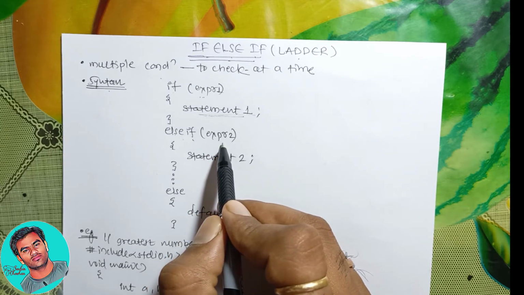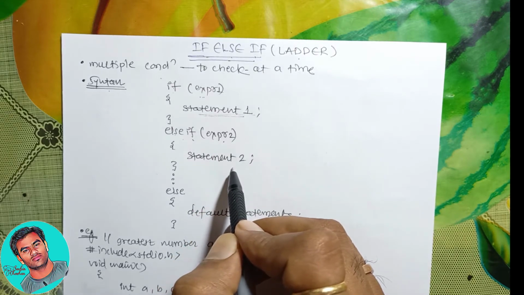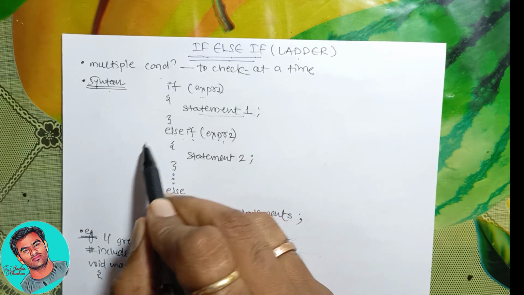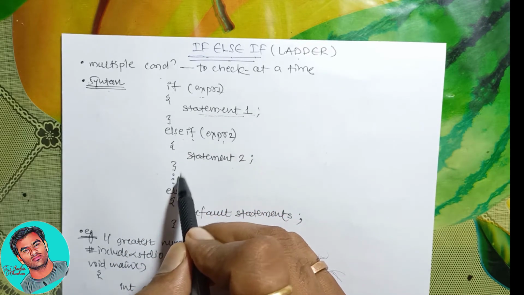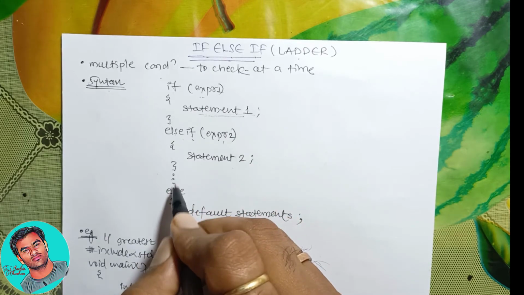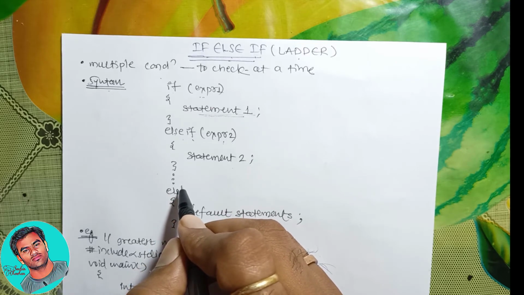If this condition gets true, statement 2 will be executed. If not, that means if this condition gets false, and if we wrote another else if statement, it will again check expression 3's condition, and we can make multiple else if conditional statements, and at last